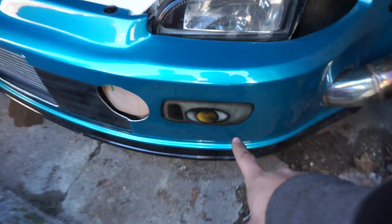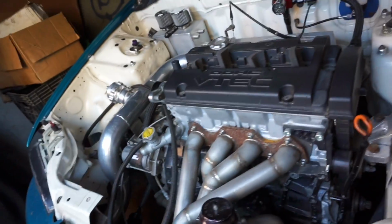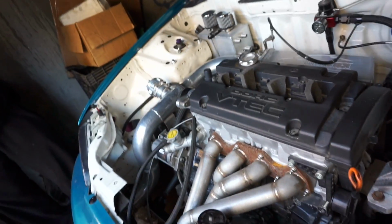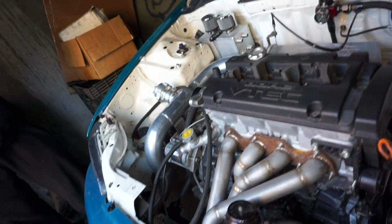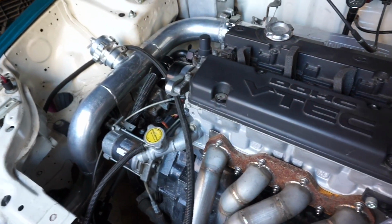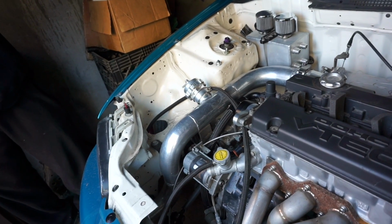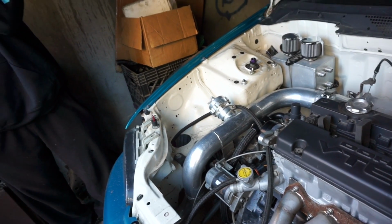It's nice. No, the car is nice. I like this. I just see the fake fog lights. Nah, but if there's one motor I like that I know takes abuse, it's H motors. Yo, I love H motors. I love all motors. Everything on this, if you put the time into it,